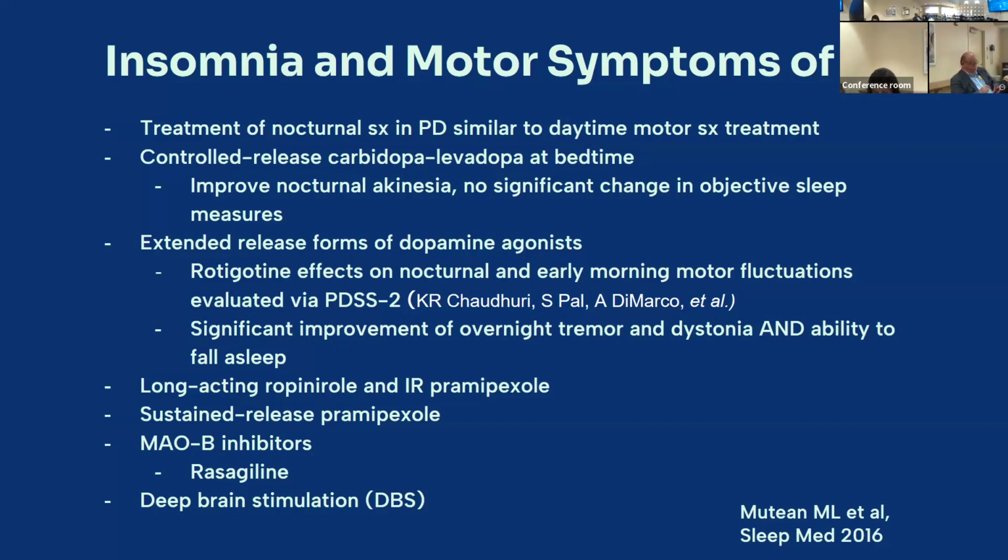Deep brain stimulation, that's when they do the surgery, they implant a device to help with tremors, but it can also be used for motor fluctuations. Total sleep time increased by 1 hour in each trial in earlier studies. Later studies showed improvement in tremor, akinesia, and dystonia up to 3 years post-implantation, but it's not to be used specifically to treat sleep issues in Parkinson's.